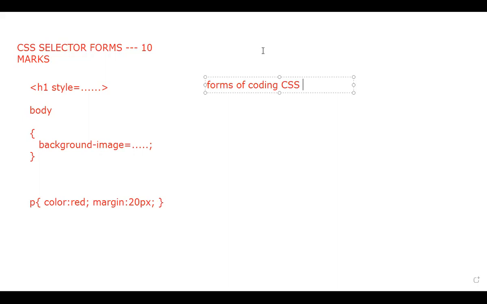So the first question that is expected is different types of CSS, or they will ask you selector forms. Definite question. In this unit, you will definitely get 15 marks from the second unit. Is it clear, guys? You understood what inline, internal, and external are? If not, then I can proceed to the next. Did you understand?